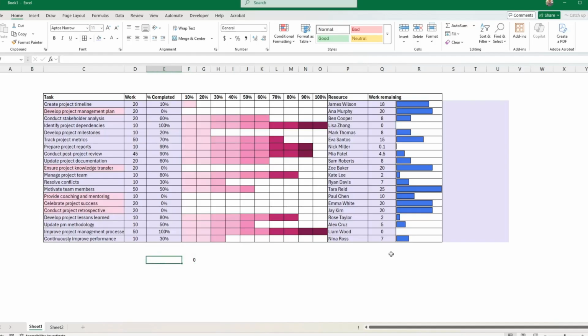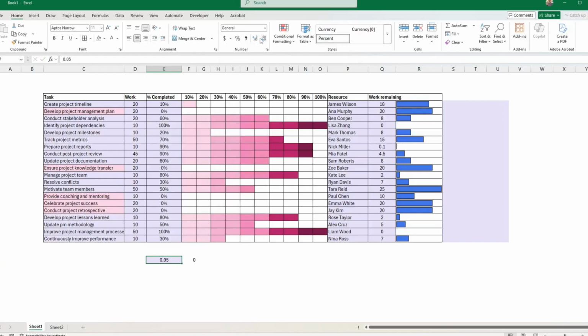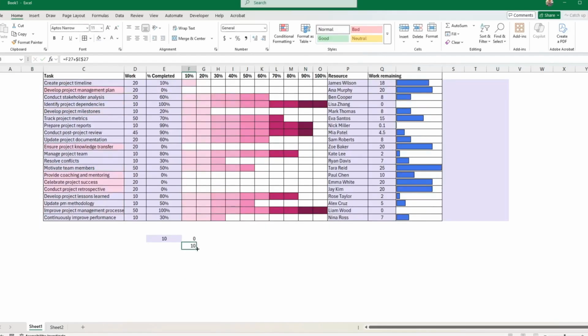So what I want to do first is select an increment based on the amount of work that you have. So this is percentage, so that's not going to work. I just want to have a normal, generic number, put 5 here. So this increment will be used based on how many you have here. For instance, here I go all the way to 50, so maybe I need to use an increment of 10. So here I will be putting is equal to 0 plus what I have here, and I will just lock everything to make sure that it's consistent. And then I would have 10,